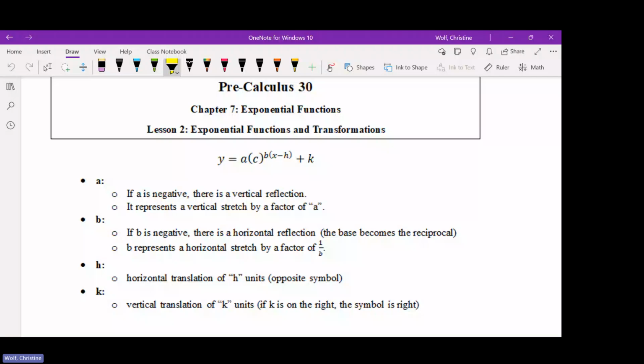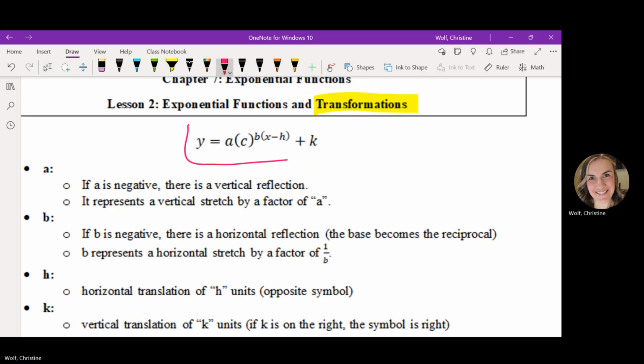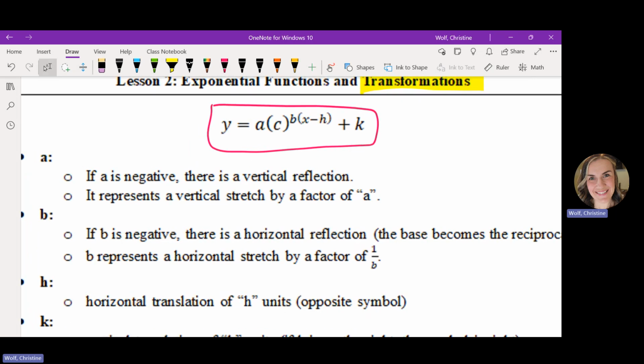like either increasing or decreasing, and we're going to transform them. So we're going to bring those transformations back that we did in chapter 1 of this course, you know, with the stretching, the compressing, the shifting, vertical translation, all that fun stuff. So here is a very busy, seemingly overwhelming equation of all of the stuff or transformations that could be potentially